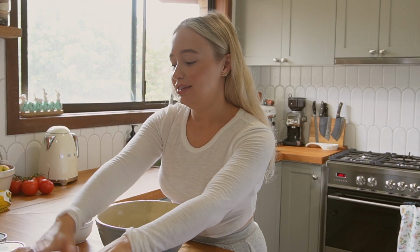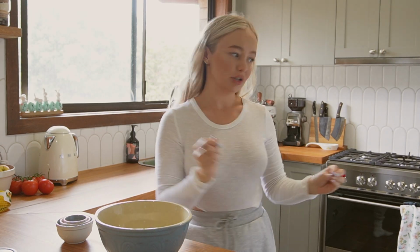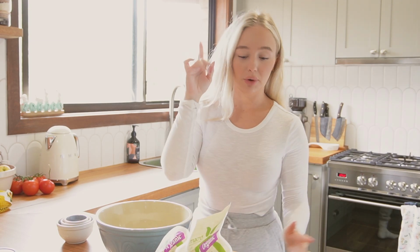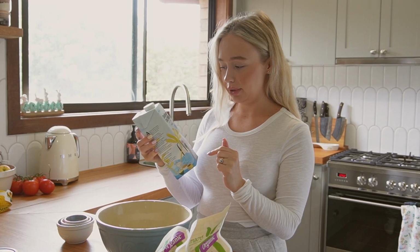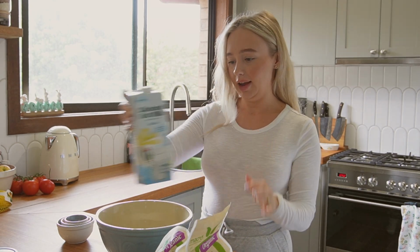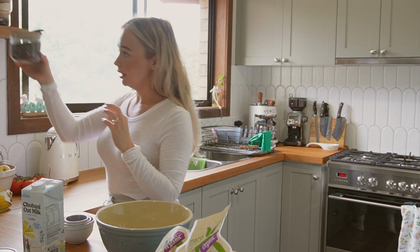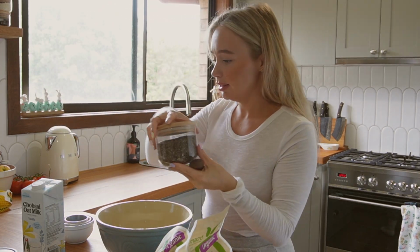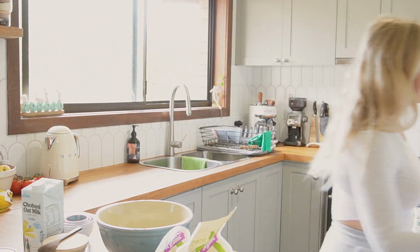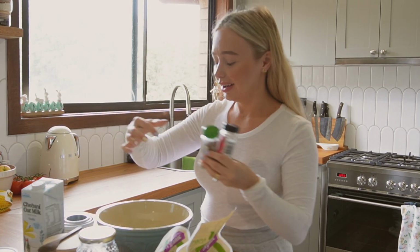And then as for my milk to oat ratio, I'm going to do 1 cup of oats to 1 cup of oat milk, and I think I'm just going to use vanilla for this, and we will see how we go. A couple other things, I think I'm going to add in some chia seeds, and what else might I pop in? No, I don't know if that's going to be enough honey, but